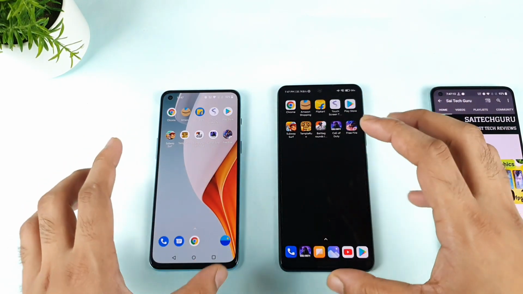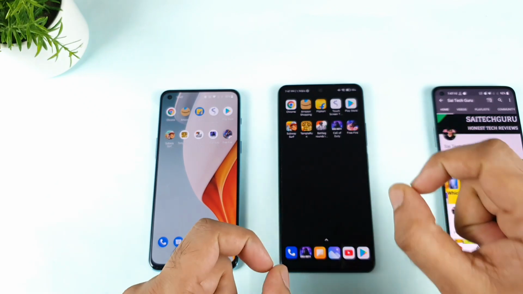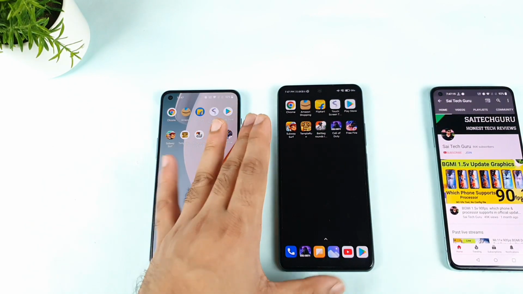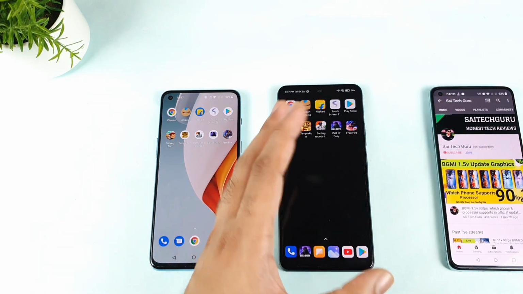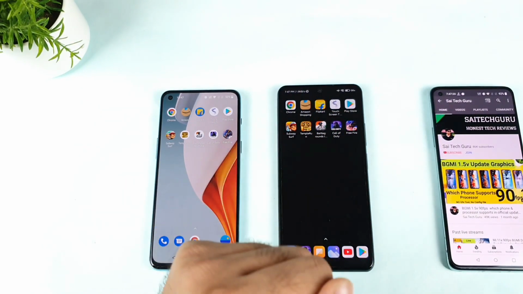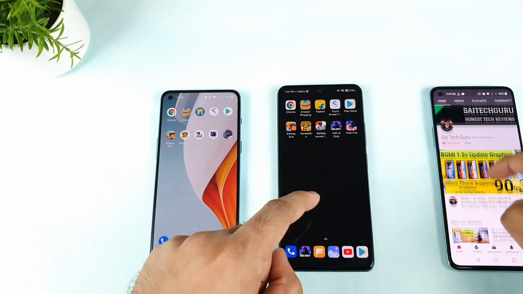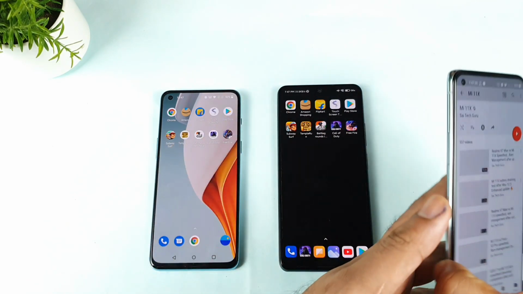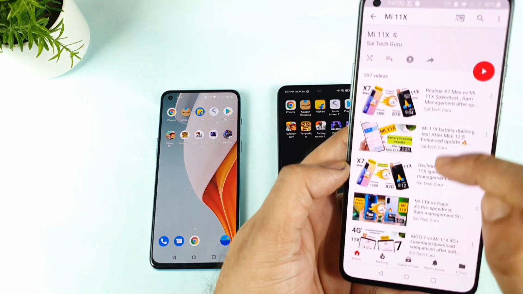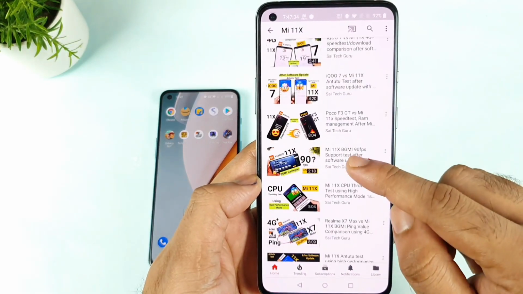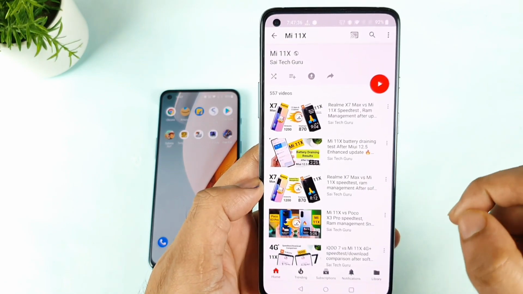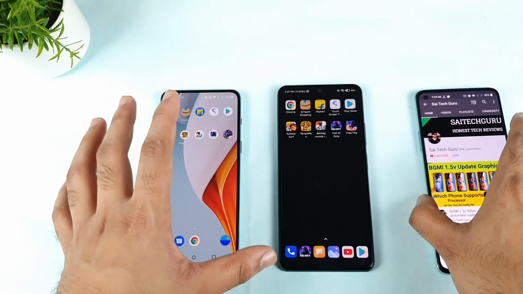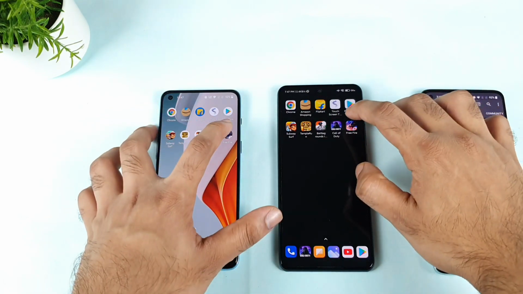So overall, friends, in my opinion, after the MIUI 12.5 enhanced update, the RAM management got slightly better on the MI 11X device. Yes, I did feel that kind of change happened in this phone. And if you are interested in this MI 11X device, don't forget to follow the playlist which I created for this device. There you can see a lot of speed test comparisons which I did with other smartphones, recently with plenty of devices, because I saw a lot of change with the MI 11X device mainly after the MIUI 12.5 update.